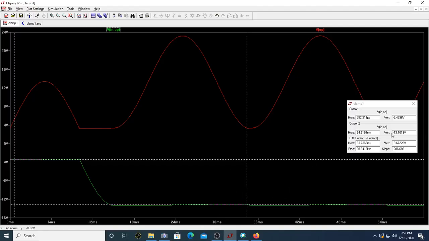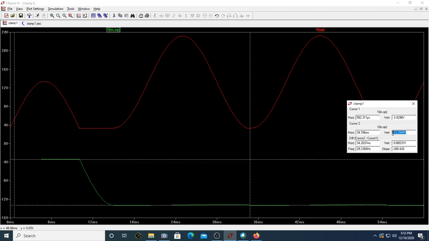That's what is here. Can you see it is almost minus 13 point? Okay, let me just show it here. Is it minus 13.4 or minus 13.3 volt? This is the voltage that it is across the capacitor.